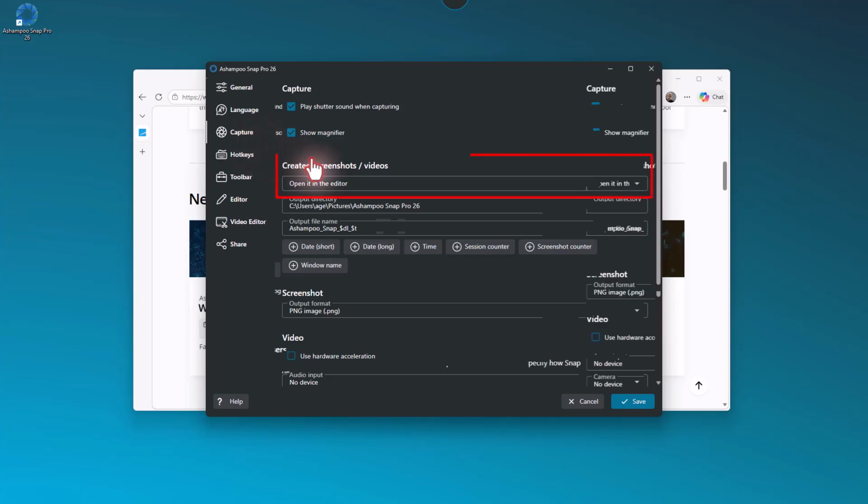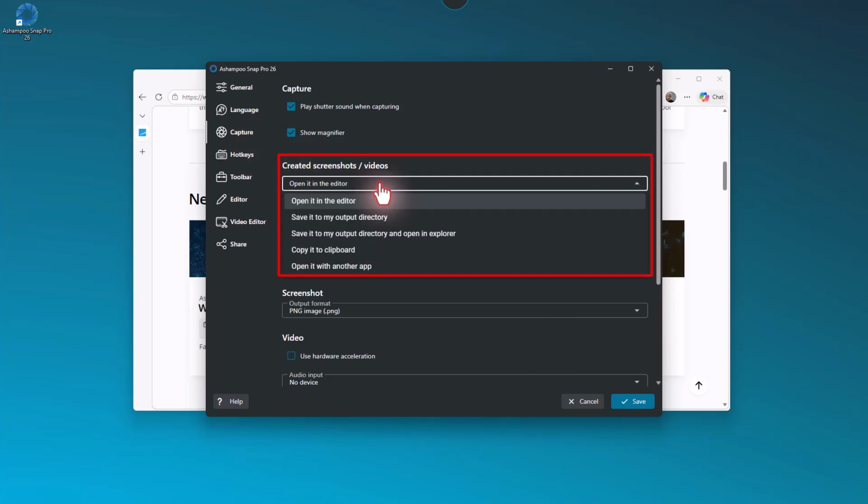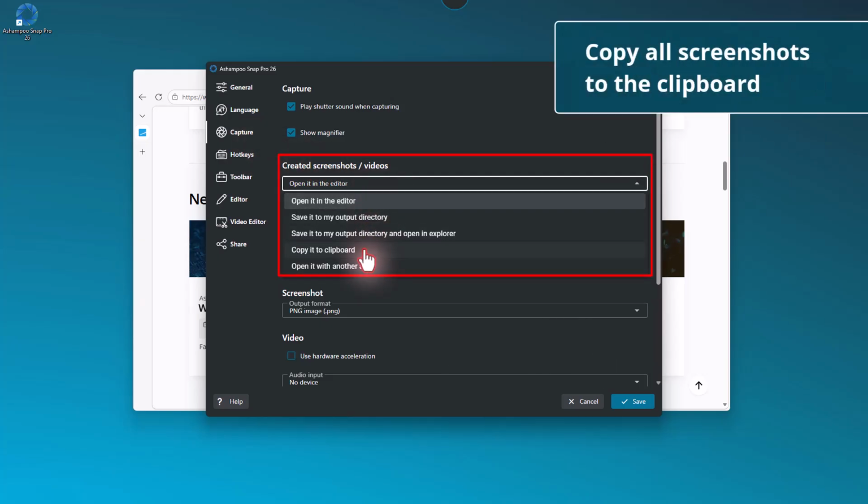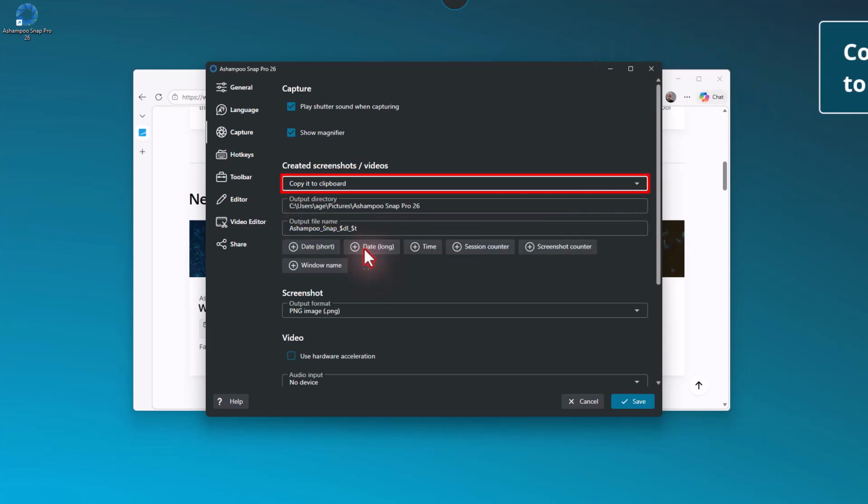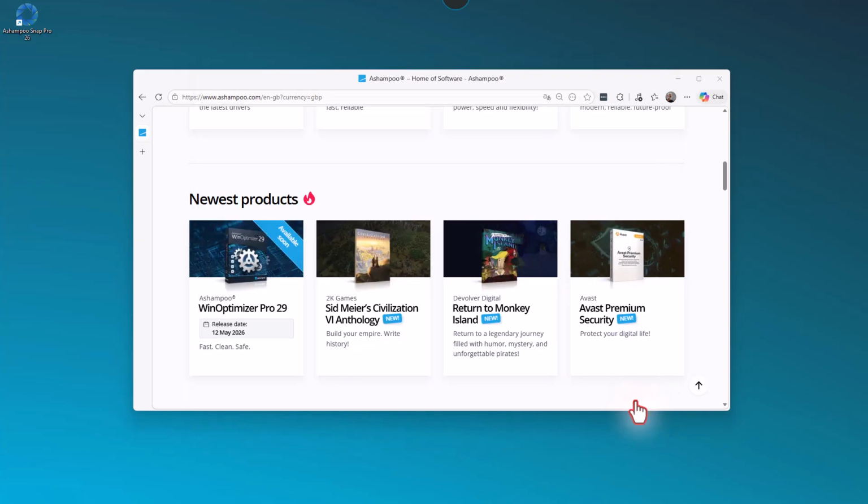You can set where screenshots are saved or copied. Selecting Copy to Clipboard lets you paste the screenshot into any application using Ctrl+V. Click Save to apply the setting. Example: